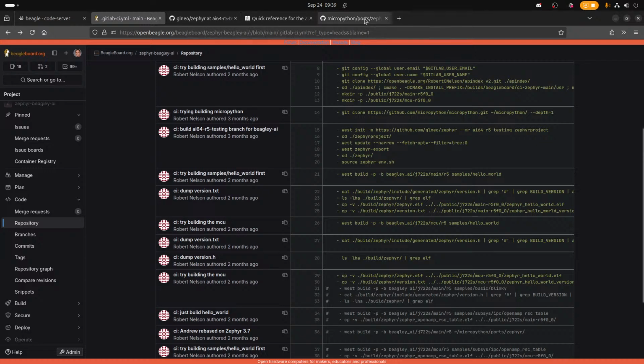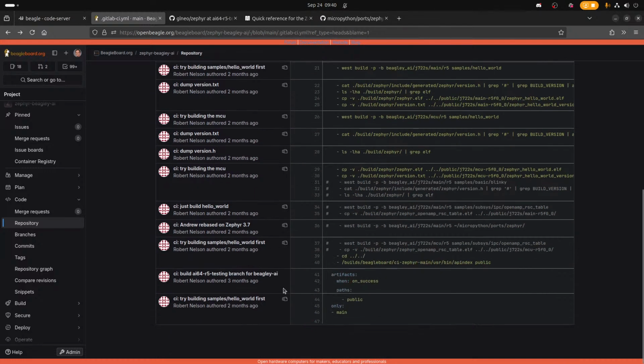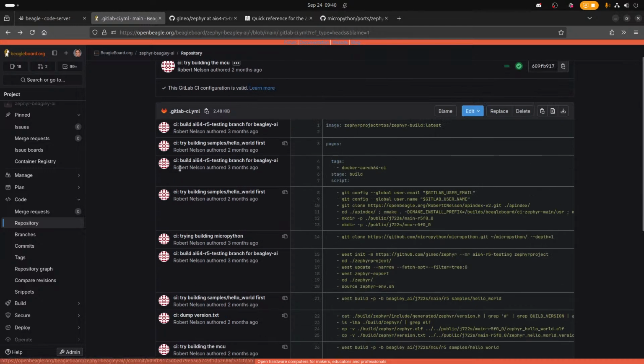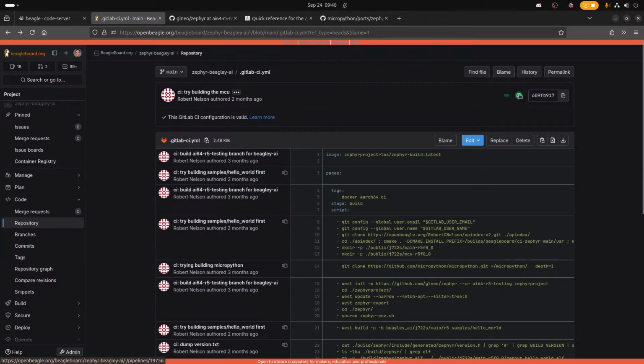So how should we rebuild this, right? I think we want to be rebuilding something so we have some work to test, because we want to make sure that we have a good build of Zephyr for BeagleY-AI. I think MicroPython is a pretty good way to test, because it gives us an interactive way. It gives us a console over the RP message, although getting to the Zephyr console would also be really nice.